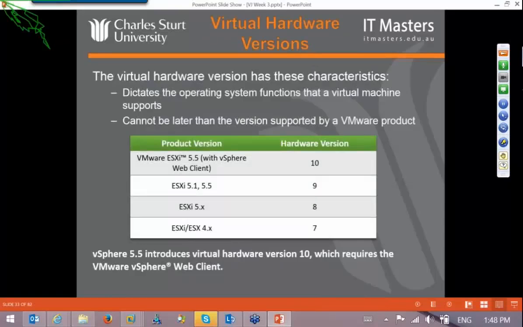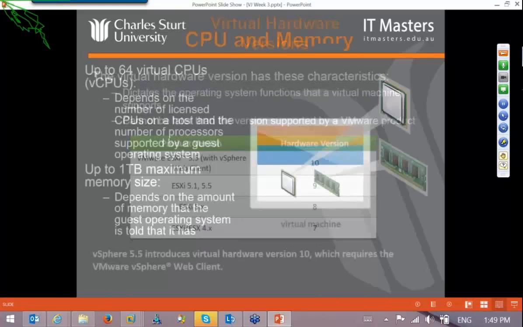its own characteristics, which dictates the operating system functions that a virtual machine supports. Please keep in mind, it cannot be later than the version supported by a VMware product. And we have all the versions here. And of course, 5.5 introduced virtual hardware version 10, which requires the VMware vSphere web client. So some of them are going to force you to use the web client,